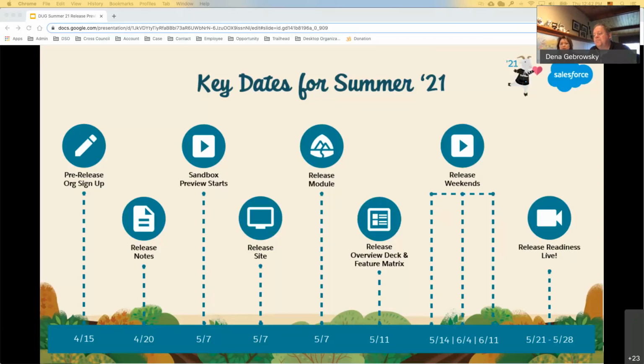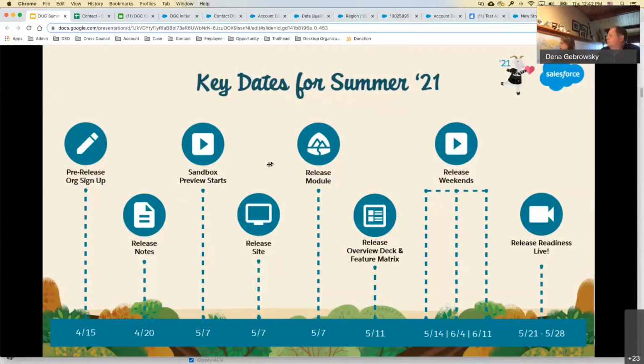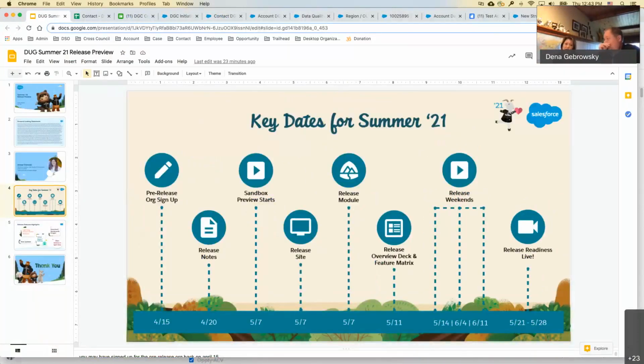One topic I did want to bring up today is the certification days. I've seen a lot of questions from my customers across the country asking when the certification day schedule will be refreshed. I wanted to let all of you in the Detroit user group know that the schedule has been refreshed. If you go to trailhead.salesforce.com, into the certification area, and search for certification days,